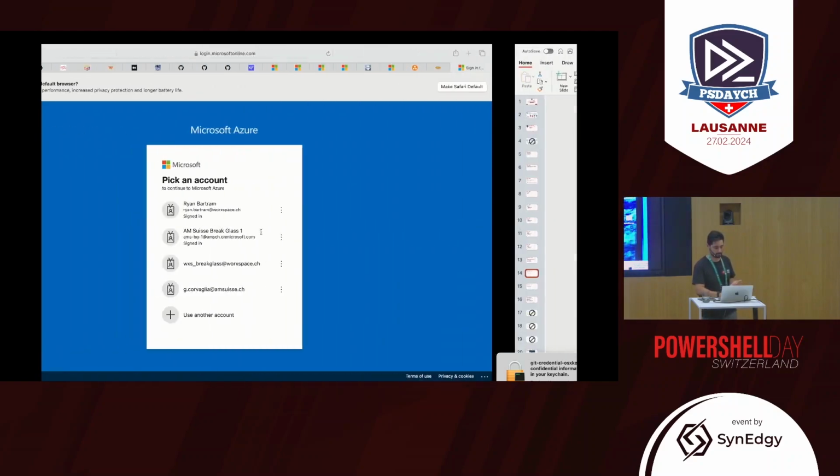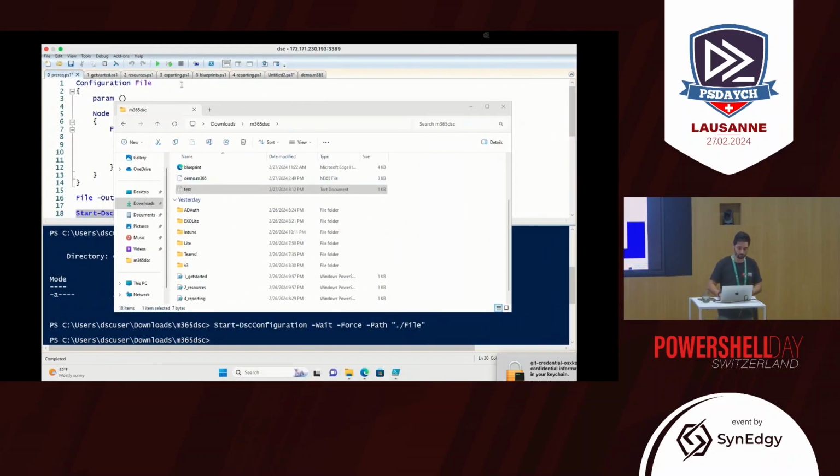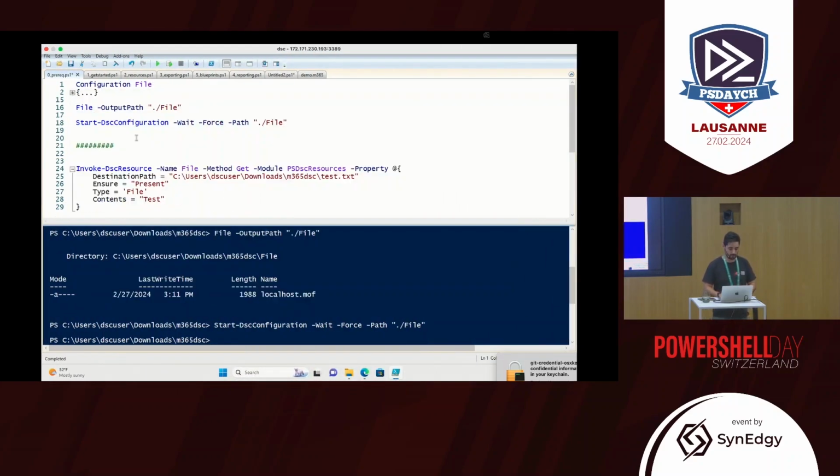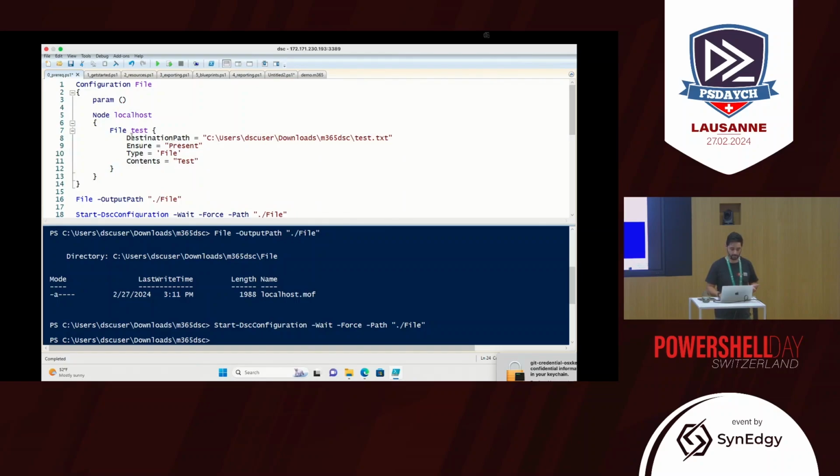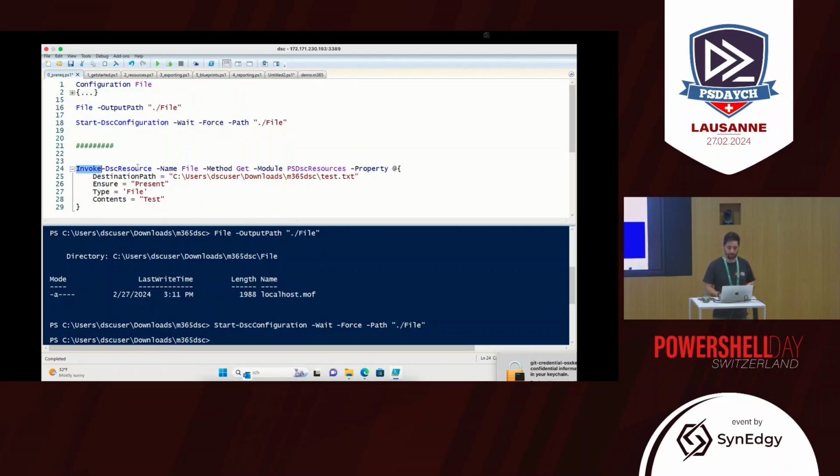So if I jump back to my VM and just close this up, I've got essentially the exact same resource here that was defined above. Here you can see I've defined the file resource, and here are all the parameters. And here I'm just invoking that file resource again, saying, hey, with these properties, this destination, this type, etc. And I'm calling specifically the Get method. When I spoke about it before, I said that we have the 3 methods: Get, Set, and Test. So I'm just going to call Get. If I run this now,